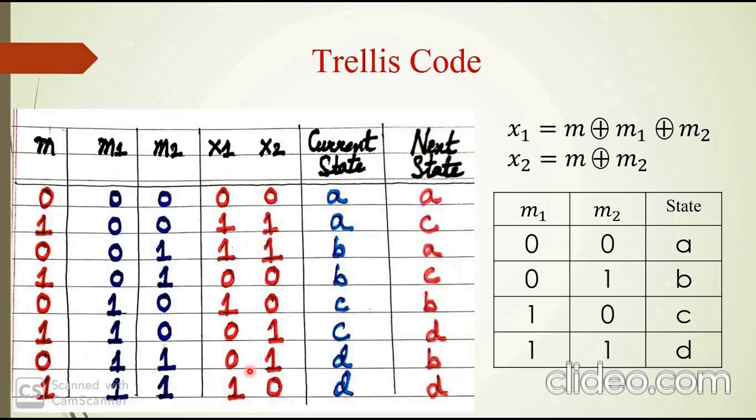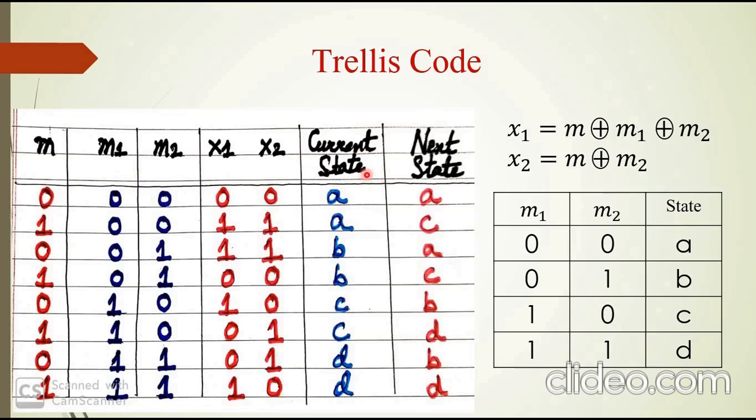As I have told, M1 and M2 justify the current state of the convolution encoder.